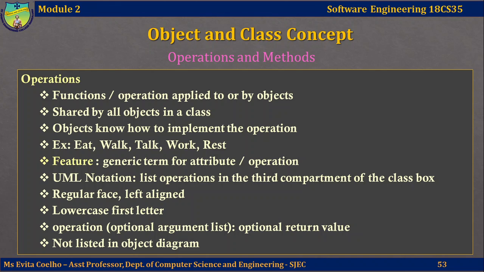We do not list operations for objects because they do not vary among the objects of the same class. Suppose you have listed operations like walk and talk for a person class. Every object created for the person class should be able to perform the operations walk and talk. There is not much distinction there, as is the case with attributes where every person could have different values for these attributes. But when it is the objects of the same class, the operations are the same, so you do not have to explicitly list them in the object diagram. Let's take a look.